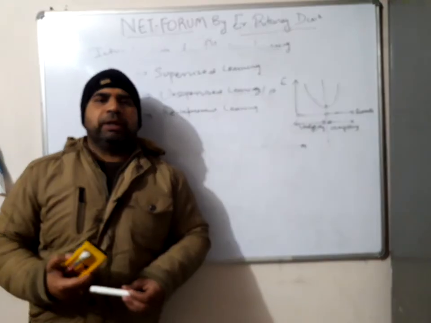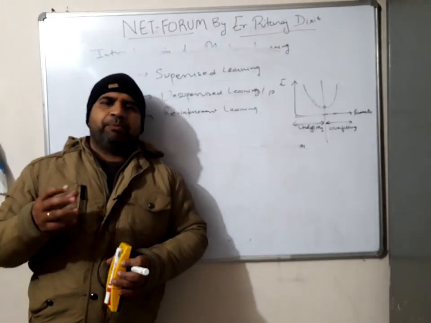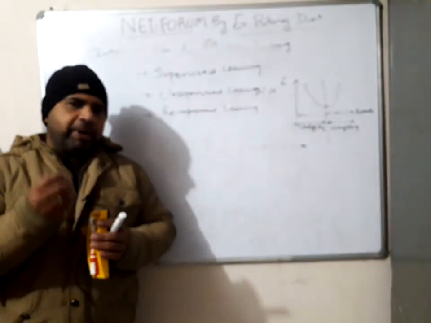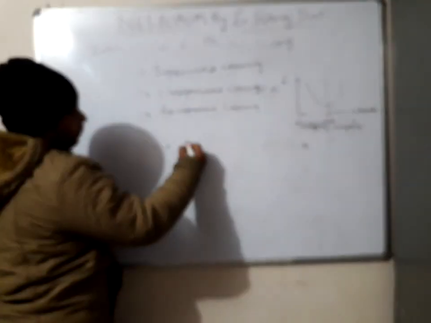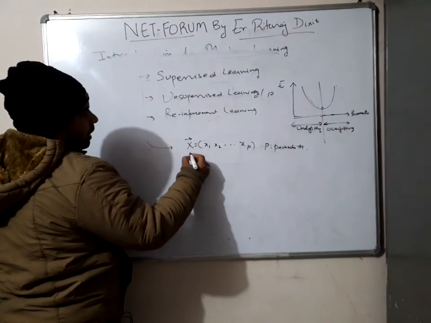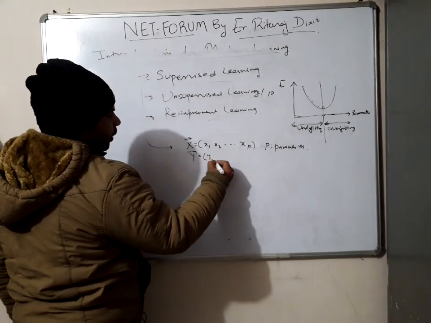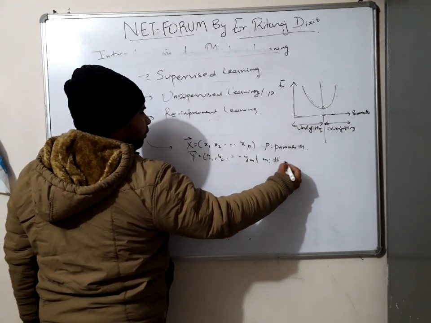So first of all, what is supervised learning? Supervised learning, you can assume, is very similar to learning with the help of a teacher, where the teacher keeps prompting you with a particular penalty that you are going in the wrong direction. In supervised learning, we have a set of data, the x vector, right? It has some components, say x1, x2, and so on to xp, where p is the number of parameters, right? And the y vector, which is of course single dimensional, consists of y1, y2, and so on to ym, where m is the number of data sets, right?